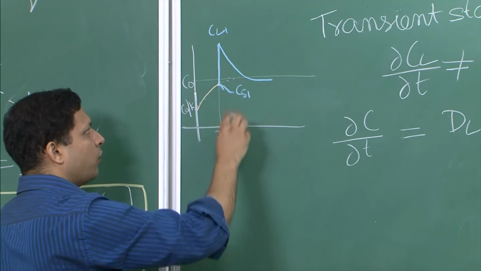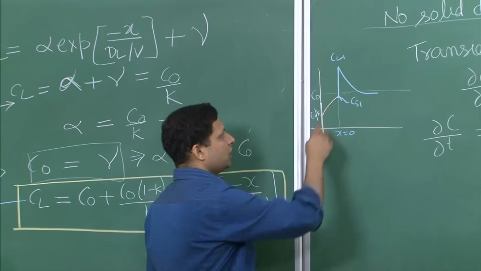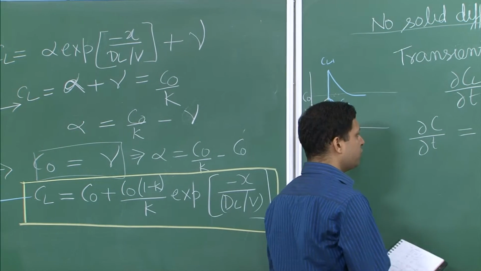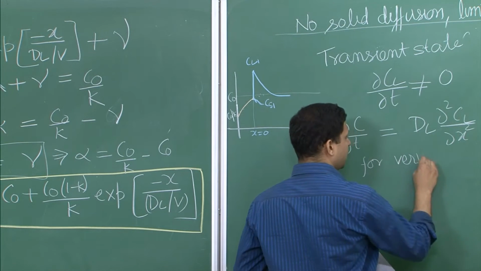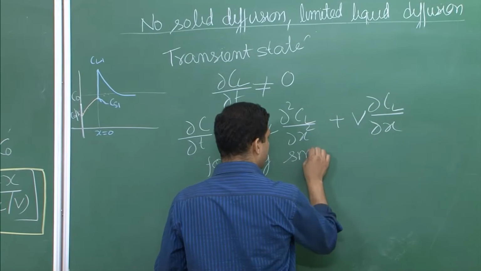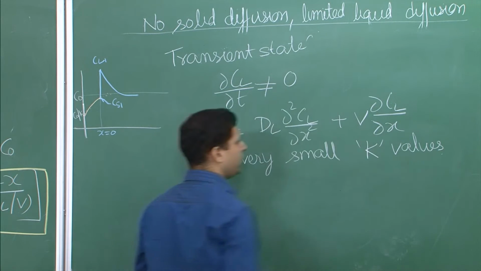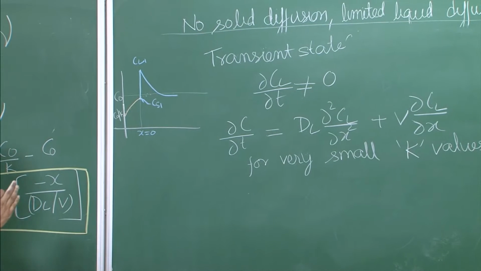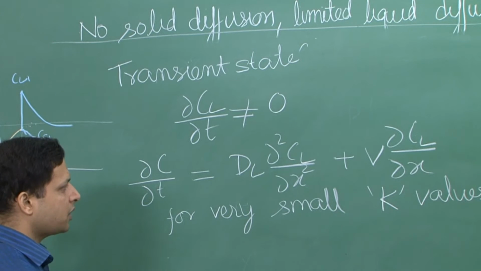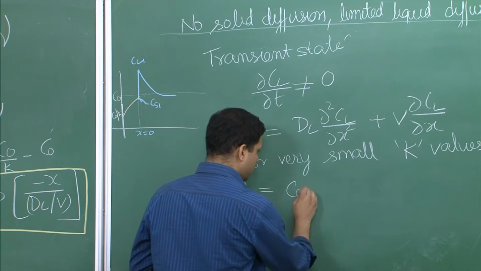Since the concentration of the liquid is not so important, and we were looking at liquid concentration only because that is the thing that is changing, here we are more interested in how the solid concentration is changing, and for that people have found a solution for very small values of k. Like I said, this problem is not very tractable, so we will not try to solve it, but I will give you the solution which has been obtained for a certain condition, which is for very small k values. That is when you are talking about very large slopes. The solidus has a very large slope and the liquidus has a very small slope, then you will have very small k values. And for this it has been shown that the concentration is CS